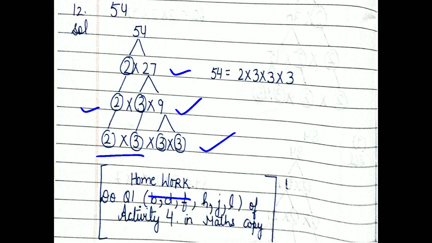Clear, students? So today we have learned what are prime numbers, what are composite numbers. Then we learned what are twin prime numbers. Twin primes should be prime numbers first, and after that, if you subtract them, the difference should come 2. Clear? Then you learned how to make a factor tree of a number, and that method is a part of prime factorization. You have learned how to make the branches, how to take the prime number in a circle, how to find out the factors of a number.